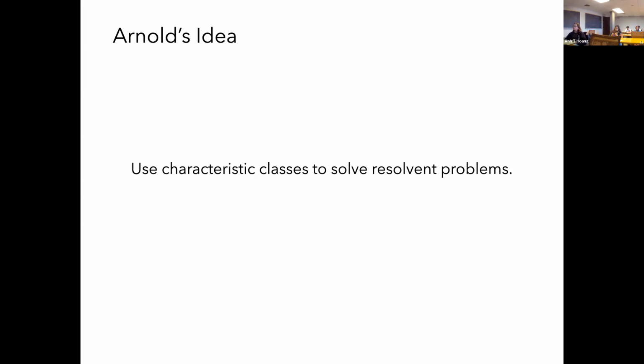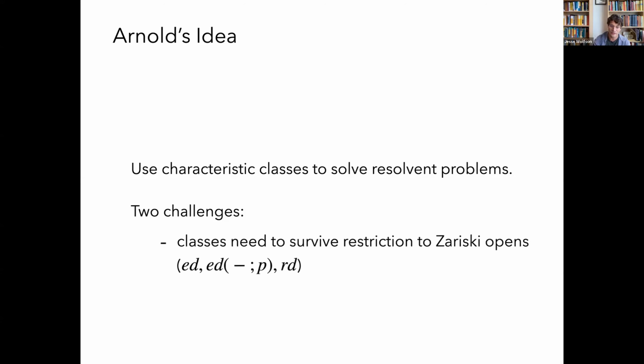All right. And when you state this idea, as a topologist, I'm like, that's a cool idea. I hadn't heard of that before about 5 or 6 years ago. But it's in keeping, characteristic classes are obstructions to trivializing your bundle in various ways. And you stare at this and you realize there are 2 fundamental challenges to making this idea work, to be able to use characteristic classes to solve resolvent problems. And the first one is that,